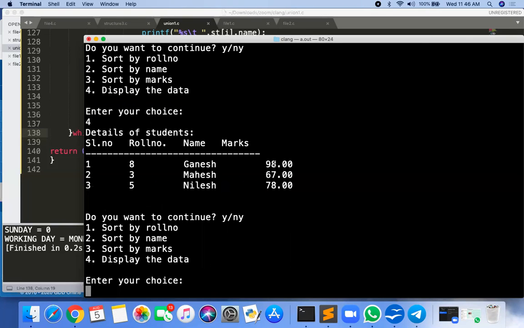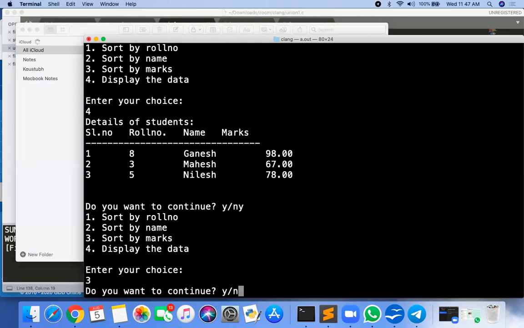Okay. Now next one, sort by marks. Now in the sort by marks, which sorting have you used, ascending or descending? Ascending. Well, it means 67 Mahesh should be at the first, then Nilesh, and then the last one is Ganesh. So 3.